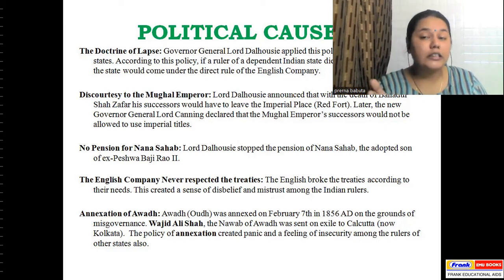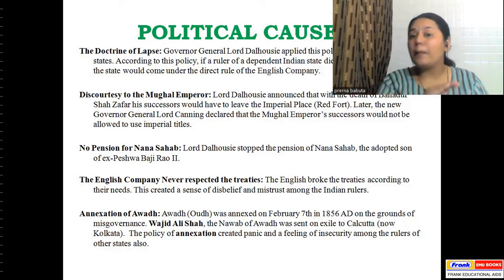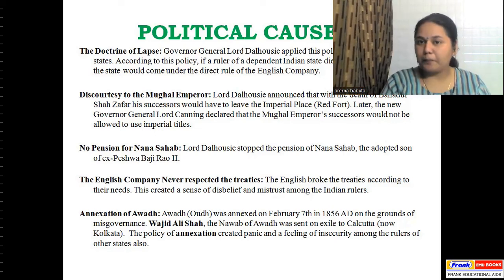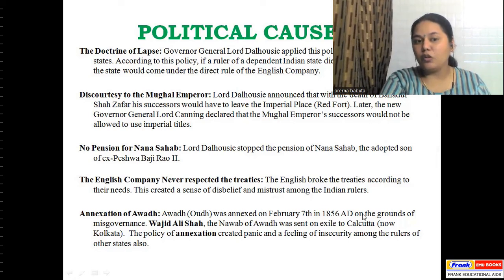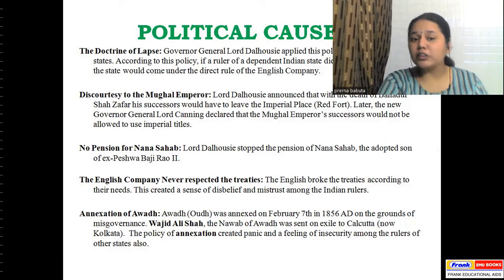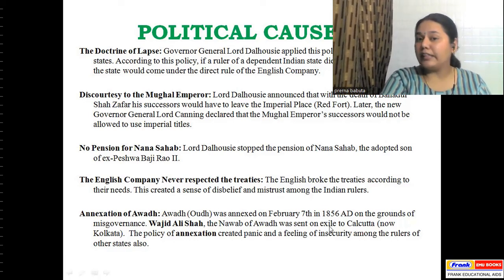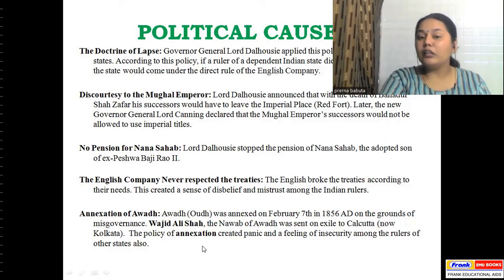Something which benefited the Indians or the Indian rulers, the British never really followed those points of that treaty. And annexation of Awadh. So Awadh was annexed on February 7th, 1856 AD on the grounds of misgovernance. We studied this in the previous chapter also. And Wajid Ali Shah, the Nawab of Awadh, was sent to exile to Calcutta, and the policy of annexation